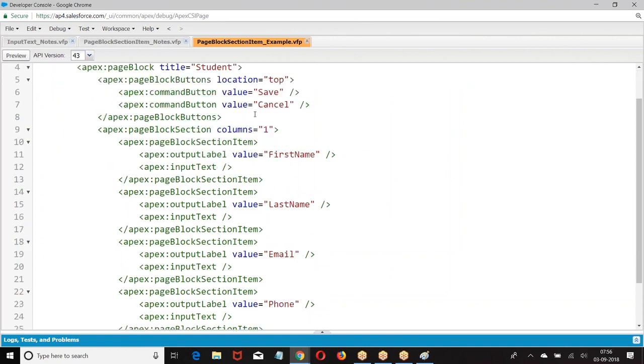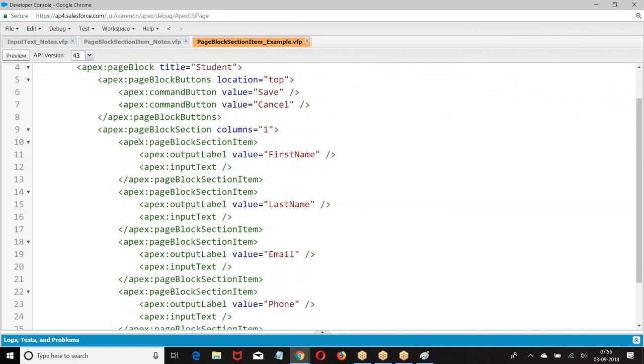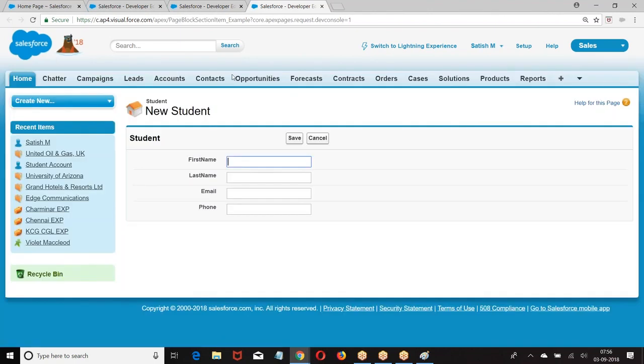Then we have a page block section, output label, input text, and again a page block section. In the page block we have page block buttons, then section, then section item. Let's have a preview. This is the structure we have created.